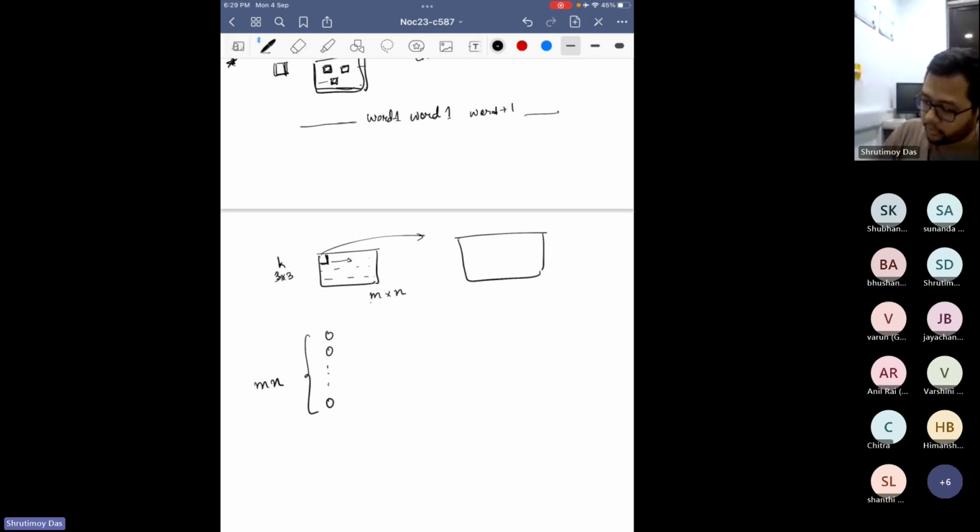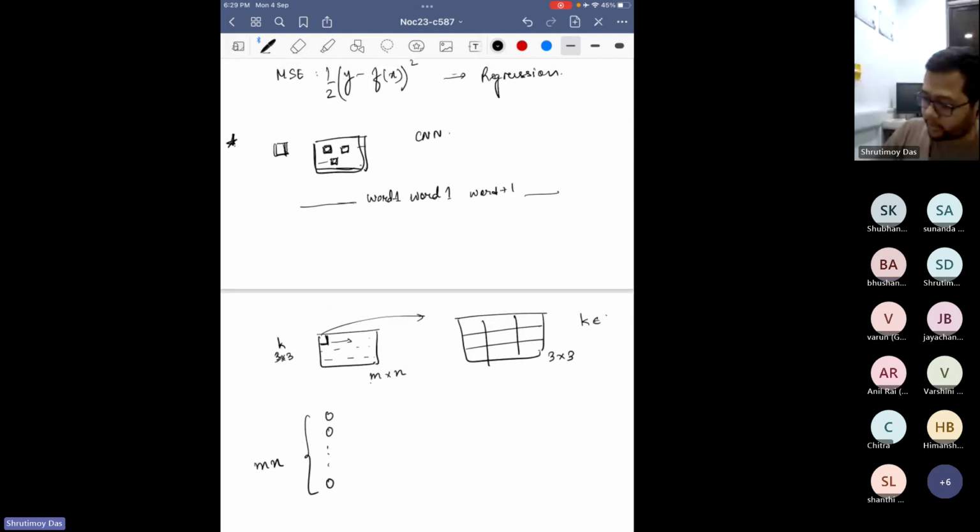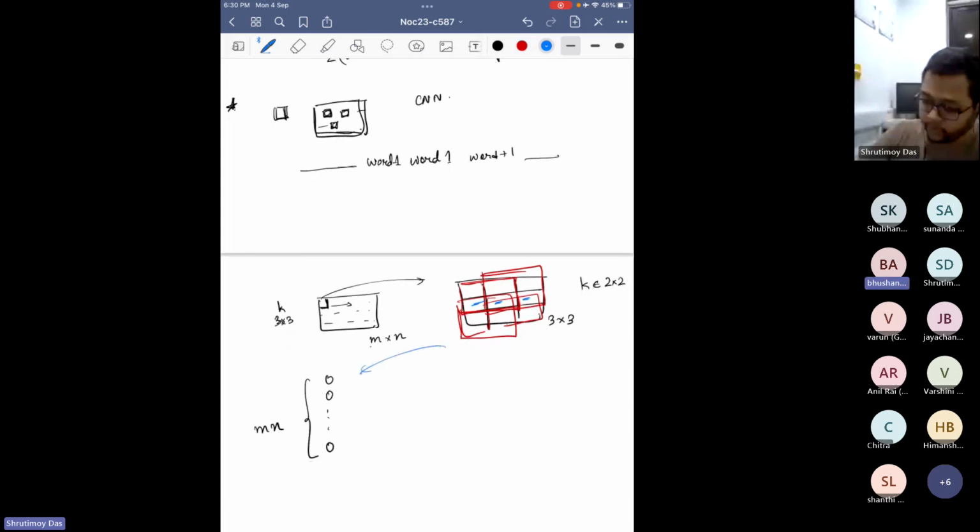So suppose you had some 3 by 3 image, and suppose you have a kernel of size 2 cross 2. In this case, your kernel will be at this position first, then in this position, then this position, then this position. So you can see that these pixels get covered by the kernel the most times. So if we convert it into a neural network,